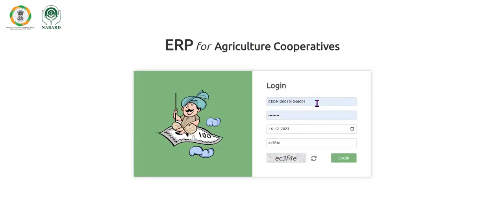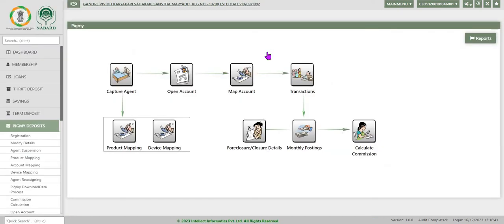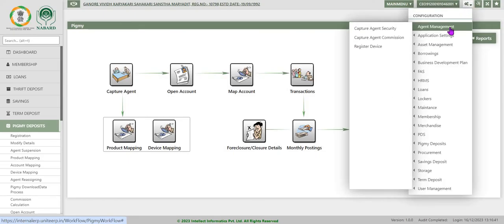We are in the login screen. Enter user ID, password, date, captcha code, and click login. The system displays different icons. We will go to Pigmy deposit. As usual, for the functioning of any deposit product, we need to configure the product and other rules related to Pigmy